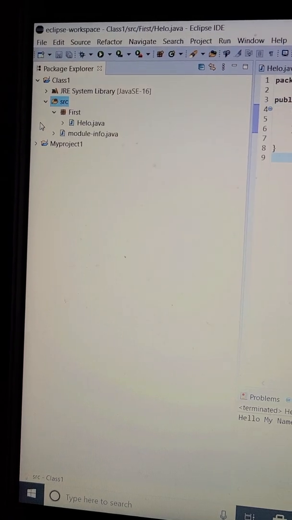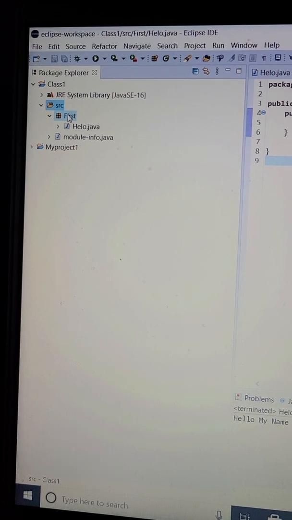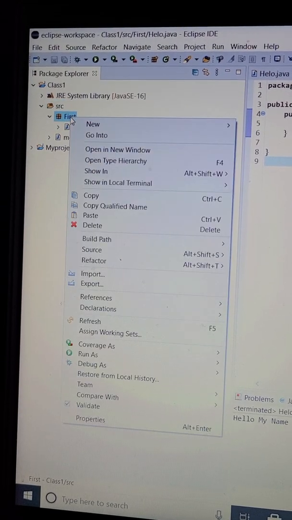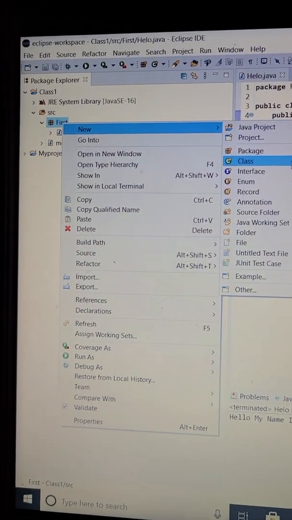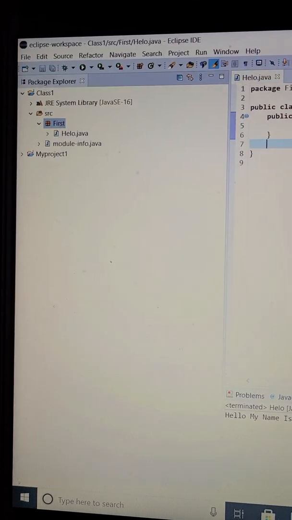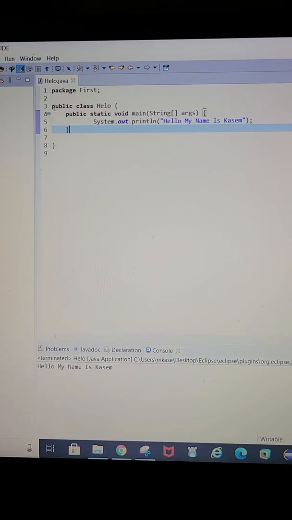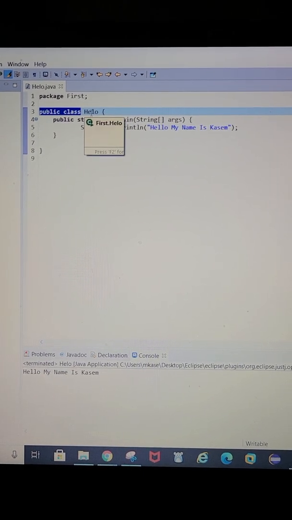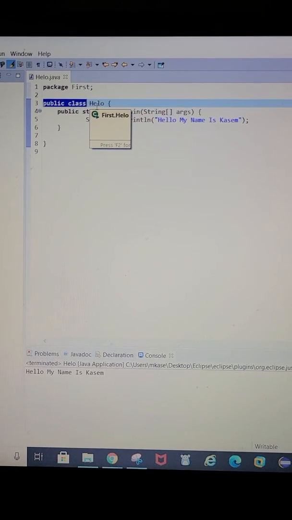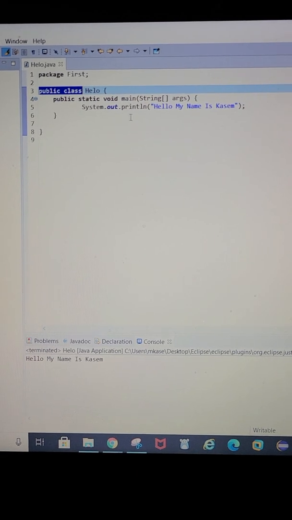Which is also known as a class, right? And then after that, you are actually creating a class. In Java, when you create a class or file, there are three steps you have to follow. The first step is class. In a file, it has class, it has method, and it has